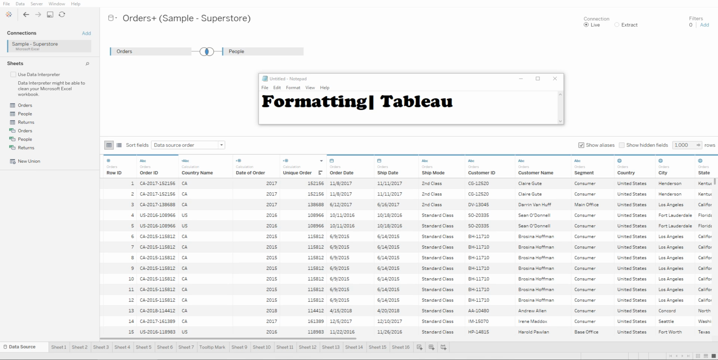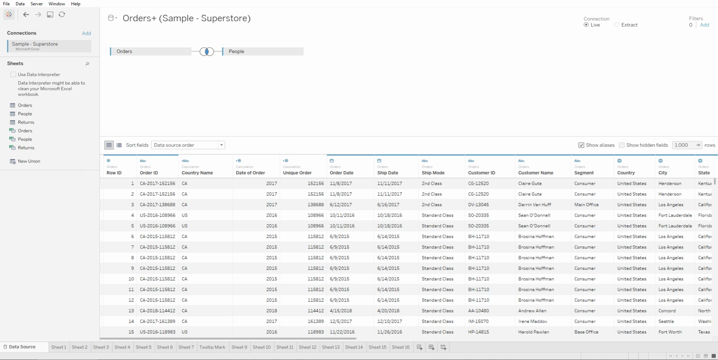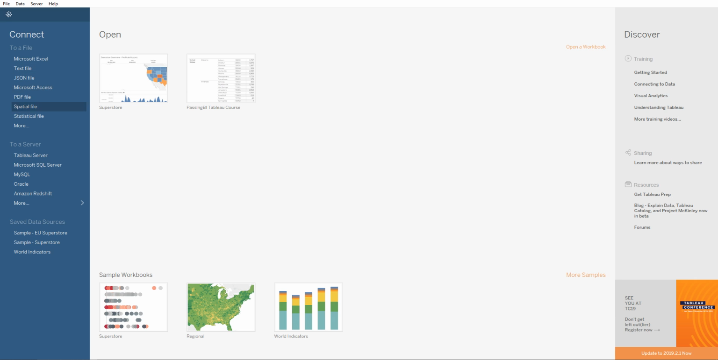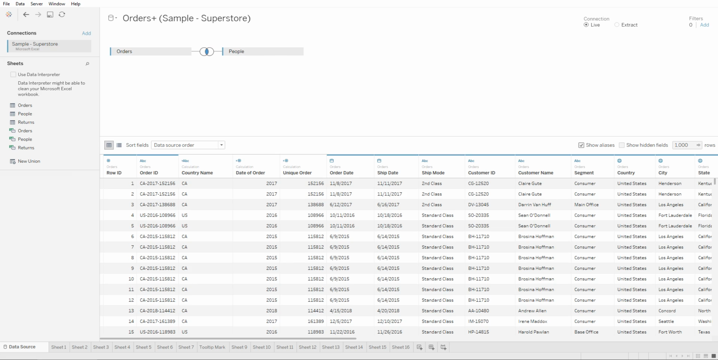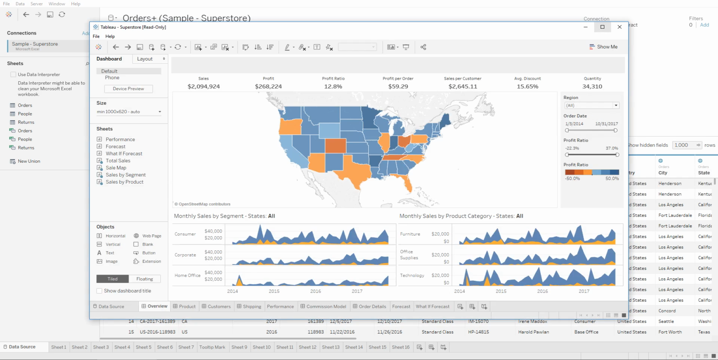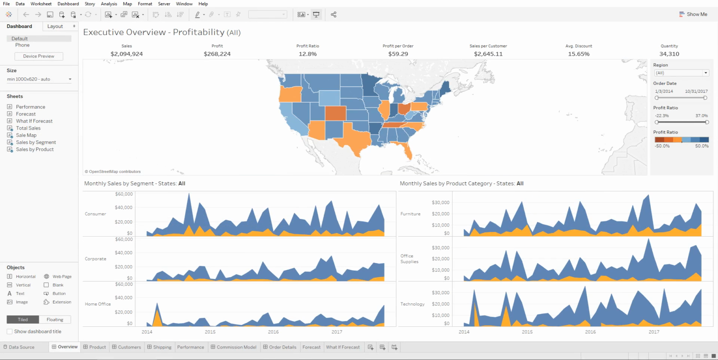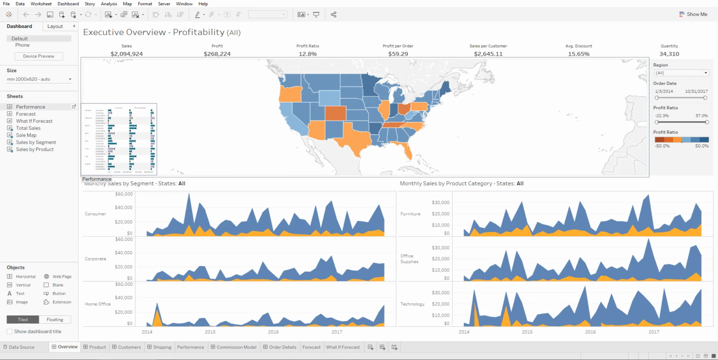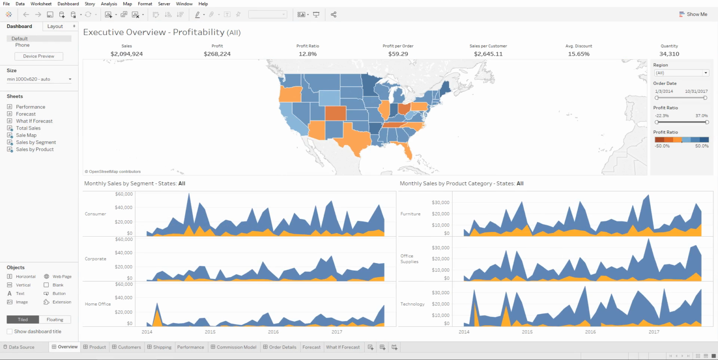We will work with a sample workbook for this example, in which I'll show you how we can format the dashboard as well as the individual worksheets quickly. So let's go over here and click on the show start page, and let's select one of these sample workbooks. Let's go ahead and select the Superstore sample workbook. Okay, so what we can do over here is we can format the entire dashboard by going to the formatting